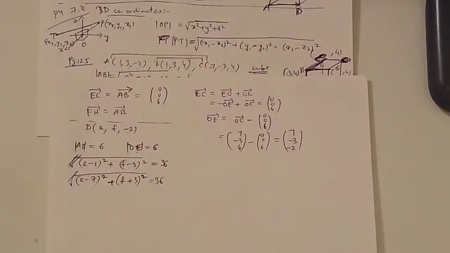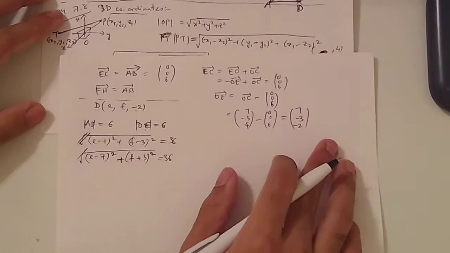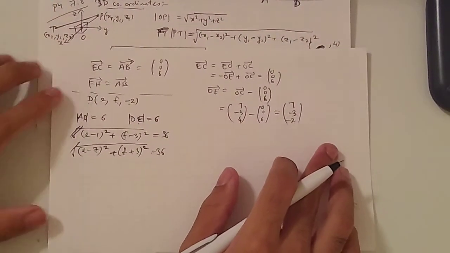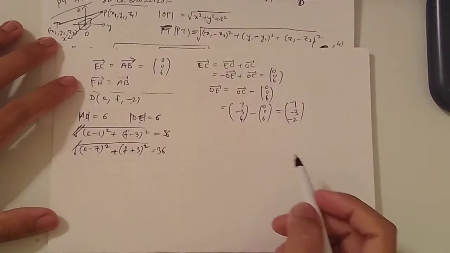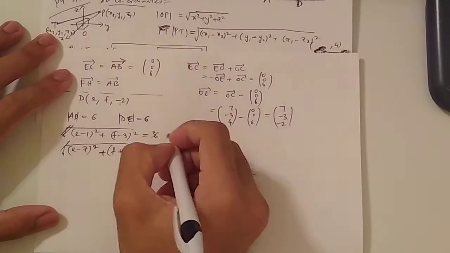Okay, so you do have two equations now. (E minus 1) the whole square plus (F minus 3) the whole square equals 36, and (E minus 7) the whole square plus (F plus 3) the whole square is equal to 36. Notice that in this equation we're having two separate answers. Now let's try to find out the answer for both of these equations. We do have quadratics over here, so we can write this down as